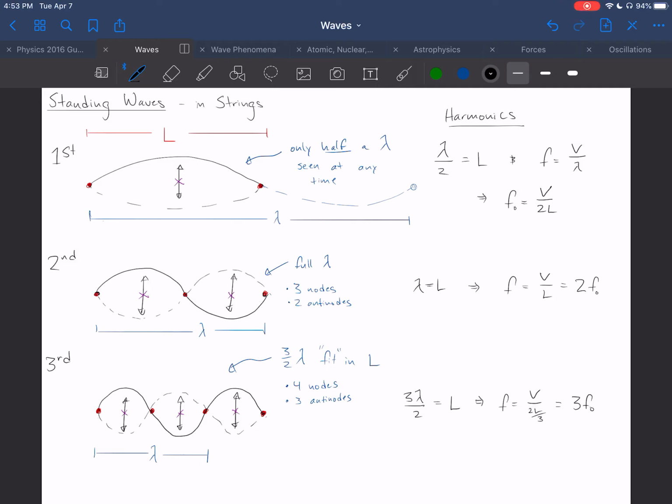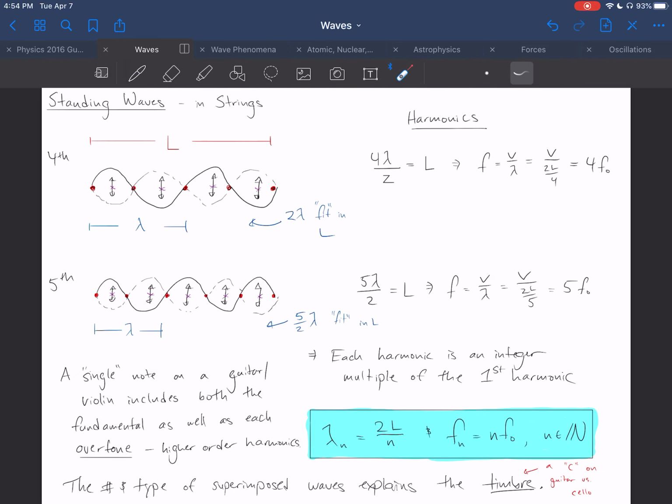Hello everyone. In this video we will continue to examine the harmonics of standing waves in strings with two fixed ends. So, hopefully you've had a chance to draw out the fourth and fifth harmonics and find the frequency from the diagram. Let's take a look. In the fourth harmonic, which as we remember will have 5 nodes and 4 antinodes,